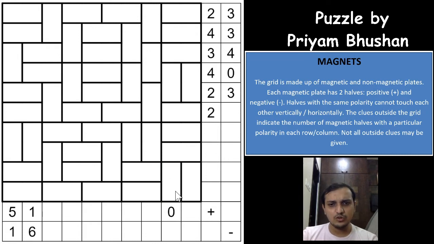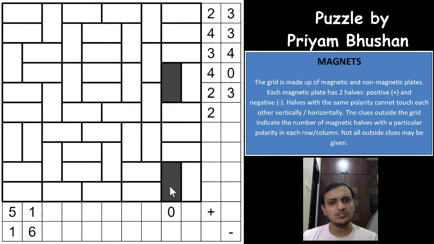Whenever you have a zero for the positive sign, this zero is for the positive sign, which means that the horizontal regions can be marked as non-magnets, because if this is a magnet, you are sure that the negative and the positive sign both have to be in the region, and as we know that the positive sign is 0 here, there will be 0 positive signs in the column. Both of these cannot be magnets, right? The first easy one is this one.